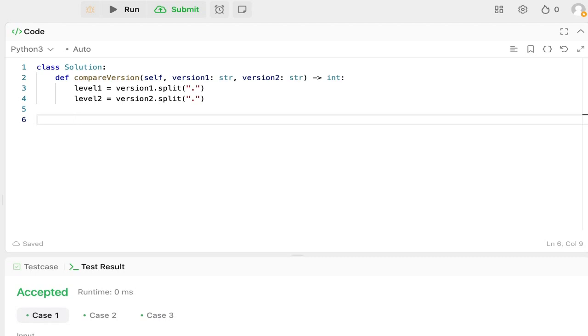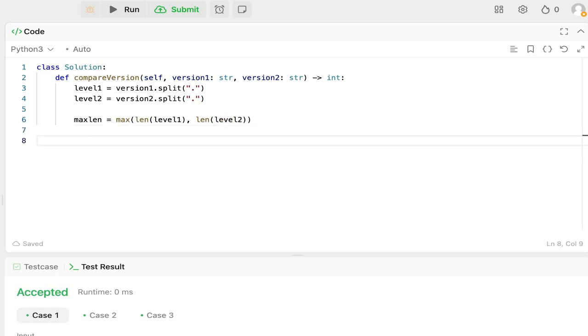Now we will find which version has the maximum length and we will assign it to the variable max length. Max length equals max of length of level 1 comma length of level 2. Now we will iterate through the level 1 and level 2 lists. For I in range of max length,